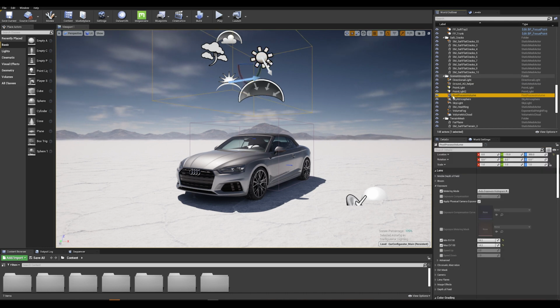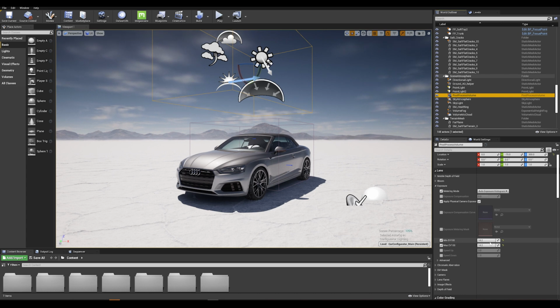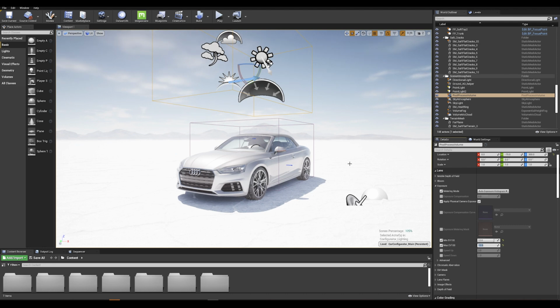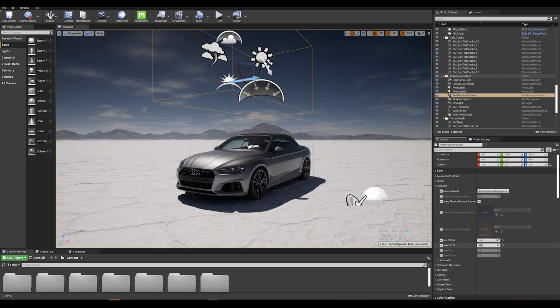So let's go to our post-process volume and let's go into our exposure settings. And we can see that we are clamping this value at the value of 14.2. Now, if I set this to 1, for example, we can see how bright that sun is and it's overexposing the scene. So we would typically go at the higher values and we can start seeing the car here. Now, if I go 12 and 12, we can start seeing that popping a bit more. And if I enter a slightly higher value of 15, let's say, we are starting to get that exposure set.